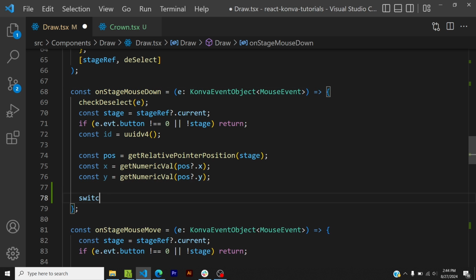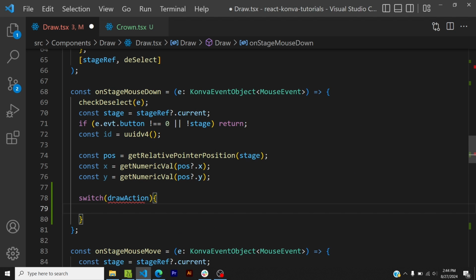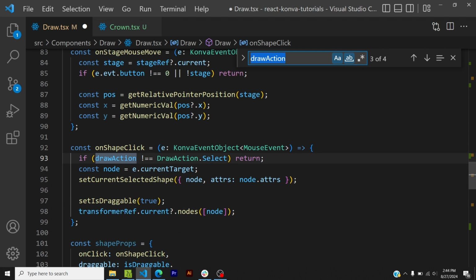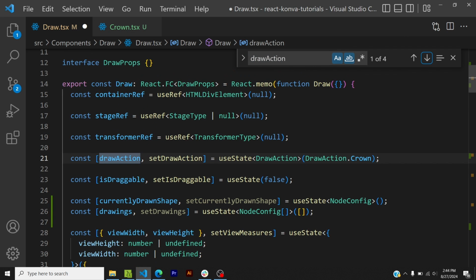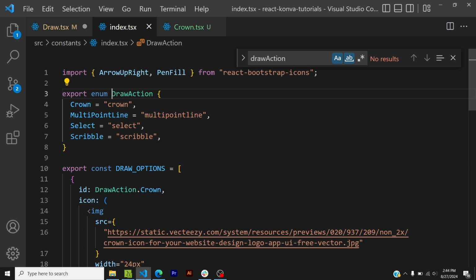So here I'll add a switch case, switch draw action. Basically the draw action is the state which is being set whenever I click on an icon button. By default it is crown. This draw action is just an enum with these 4 values: crown, multi-point line, select and scribble. Select is not a drawing. We'll be able to select when we click on this button, but basically these 3 are